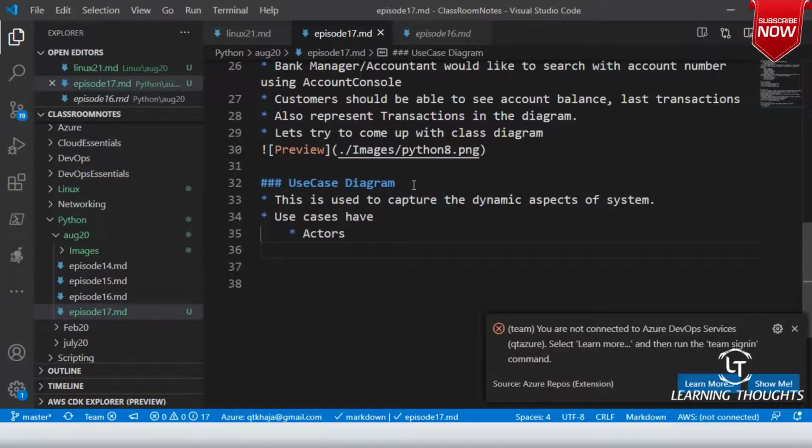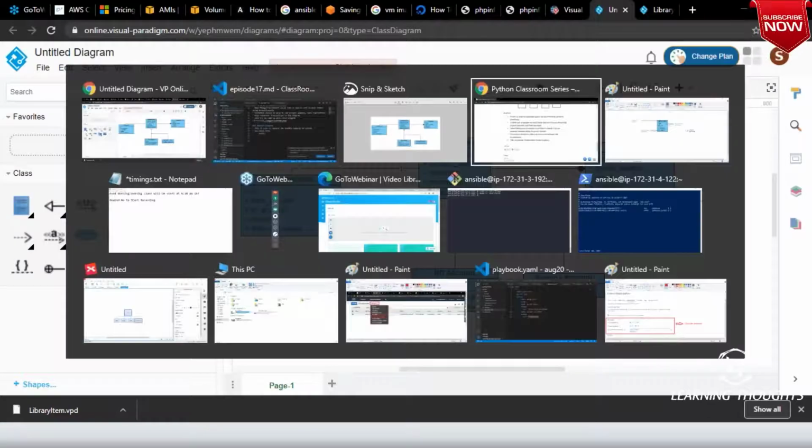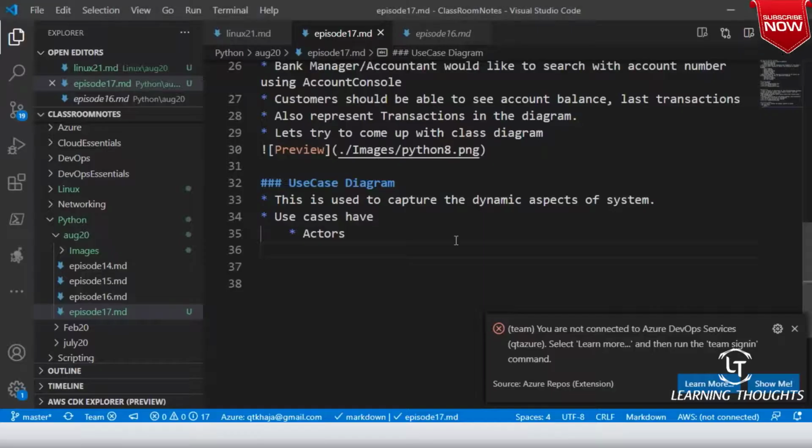So let us try to draw a use case diagram for an ATM machine, a bank ATM. I am quite sure everyone might have used a bank ATM, right? It is very simple.